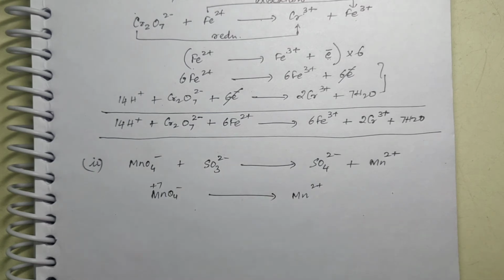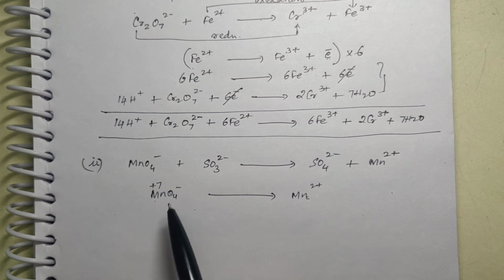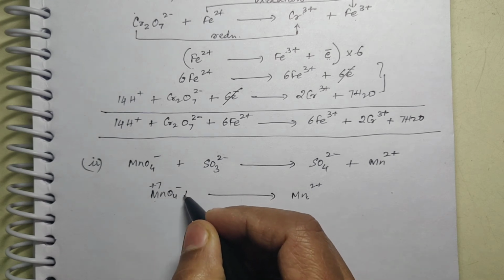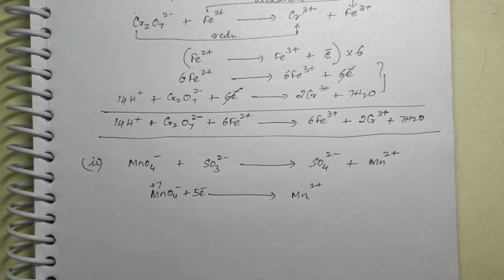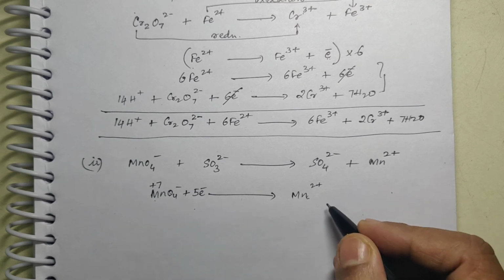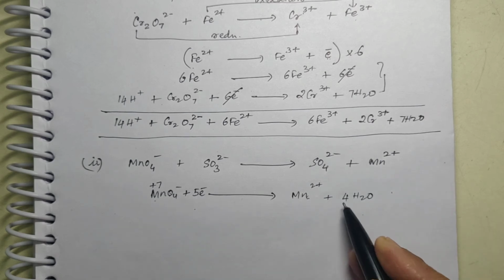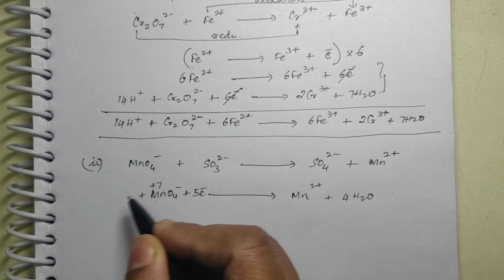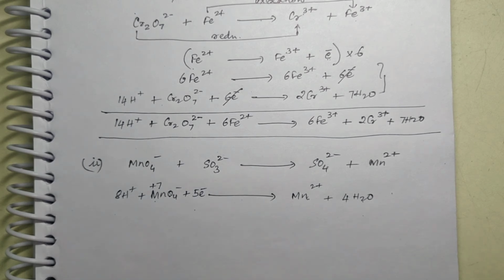Now here it was plus 7. On both sides Mn is only 1 in number, so you need not multiply or add a coefficient. So your next step: this is plus 7, this is plus 2. There is greater charge on this side, lesser charge on this side. On the side with more charge, electrons will be added. How many? How will you make 7 into 2? By removing 5. So 5 electrons will come here. Now 4 oxygen atoms are there, so 4 water. 4 into 2 is 8, so 8 H+. Is that done?